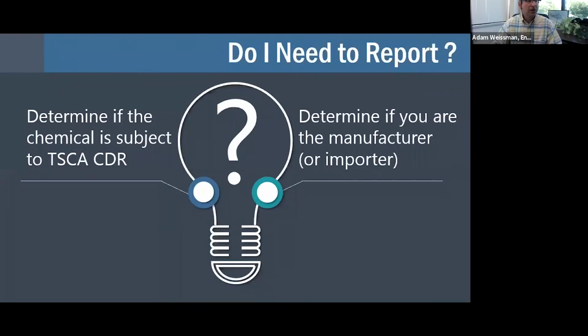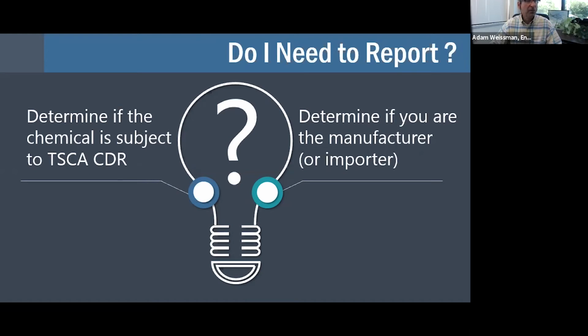Okay, so I think this is always the magic question, right? I'm hearing something about this Form U. I'm hearing something about chemical data reporting. Do I need to file a report? And I think it always seems interesting to me that a lot of the tools that they provide are sort of how to help you make the filing. I think sometimes it's less of a flavor of, does this apply to me? You have to sort of dig a little bit more for that.